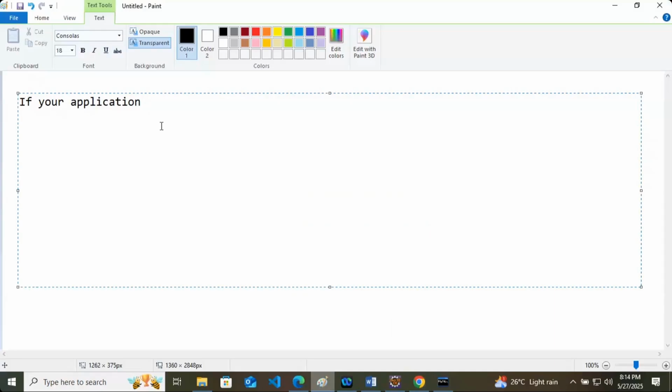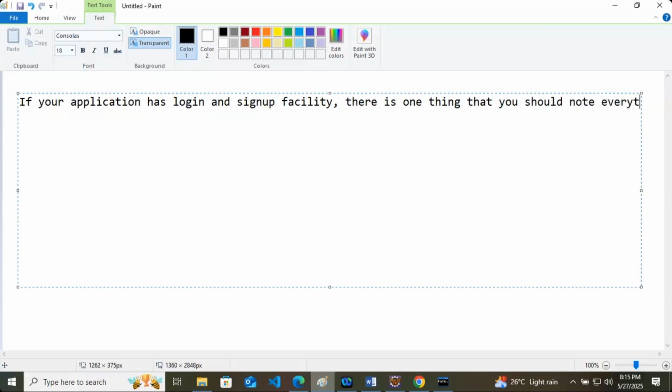If your application has login and sign up facility, remember there is one thing that you should note every time: that a user should not be able to check your home page without doing login.